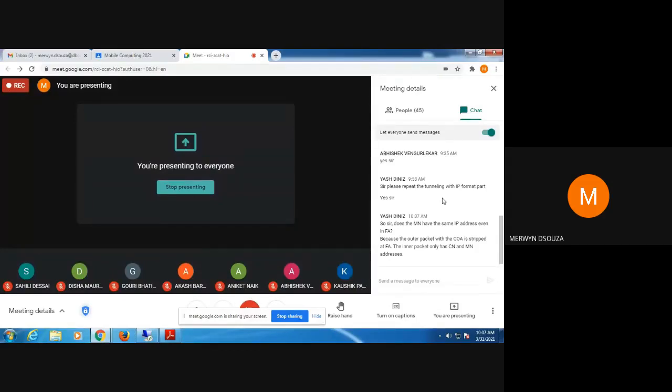That is not possible in your fixed networks. That is what I was trying to explain to you in that first lecture when I was introducing IP. In your fixed networks, your computer is at a fixed location and has the same IP address. So if you move the computer to some other place and connect it to a fixed network, it will get a new IP address. It will not be able to keep its same IP address. Whereas your mobile device, you can keep moving around, but it will maintain its IP address.